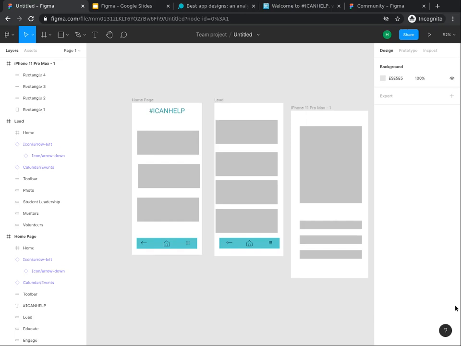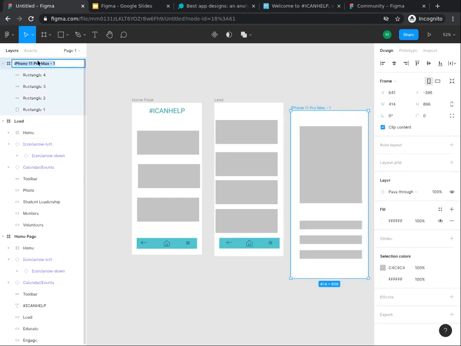Welcome back. In the previous task, you added more pages to your app in Figma. In this last task, you will develop a plan for how you can collaborate with your team, share the design, and learn about access to grant in Figma.